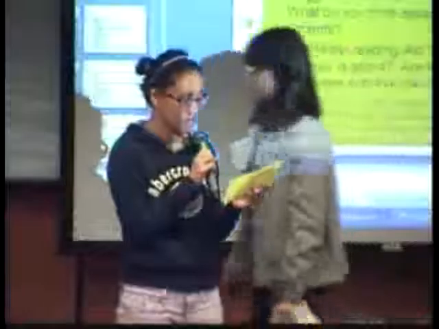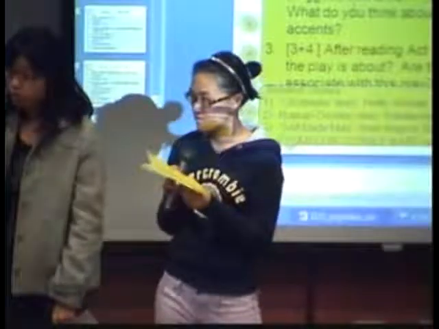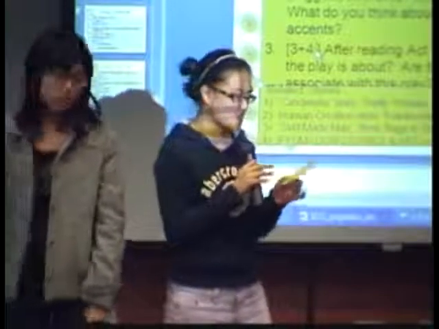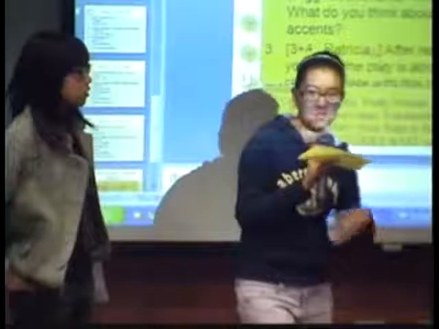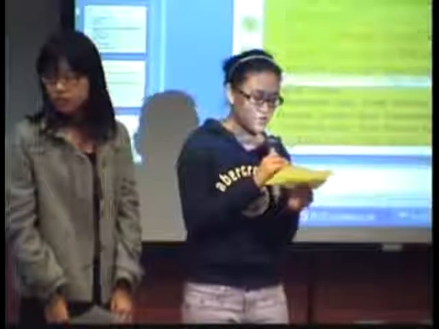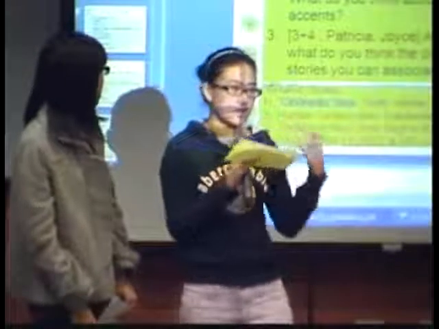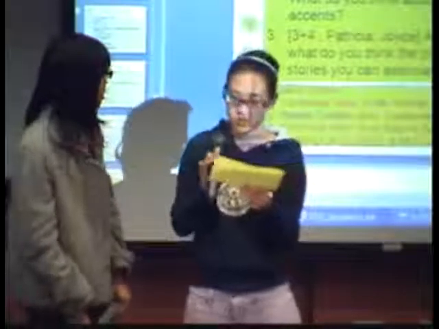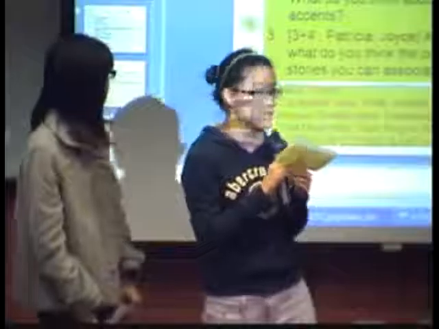Groups 3 and 4. There are mainly 4 points we want to make about the play, Patricia and Joyce. The first one is like a Cinderella story. The girl was very ugly and poor, and she became upper class. The next one is like a human creation story, creating another thing. The third one is disguise. She was disguised and packed as another girl, not what she used to be. And the fourth one is the class difference.